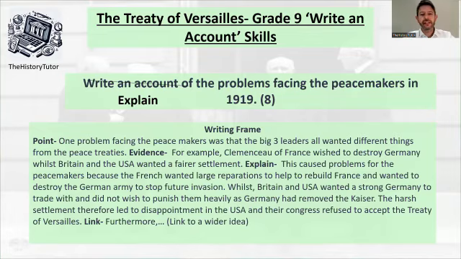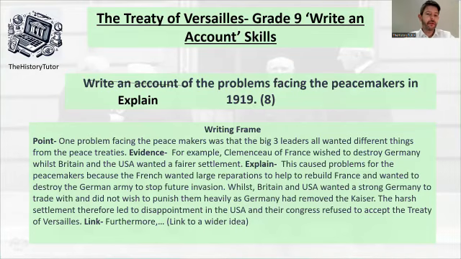There's only really the keyword Kaiser and America not accepting the Treaty of Versailles. However, there's a lot of understanding there, and you don't always have to have facts in your answer if you're showing a huge level of understanding of the issue. And that's what this shows, a real understanding of the issue.